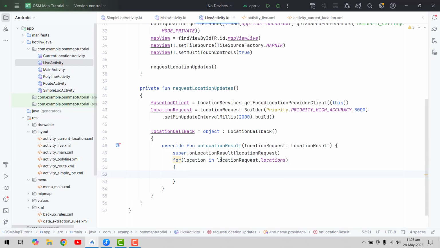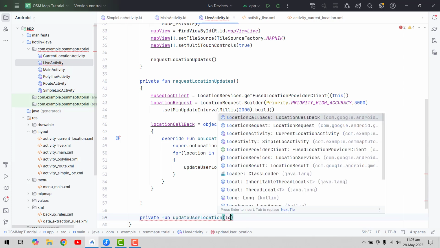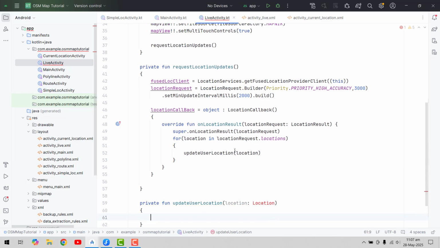Alright, so now it is fine, and here inside that we are going to update the user location. So we can write function update user location. Alright, and in here we can pass on the location. Alright, so similarly now we will create the private function update user location, and in here we can pass the location object,